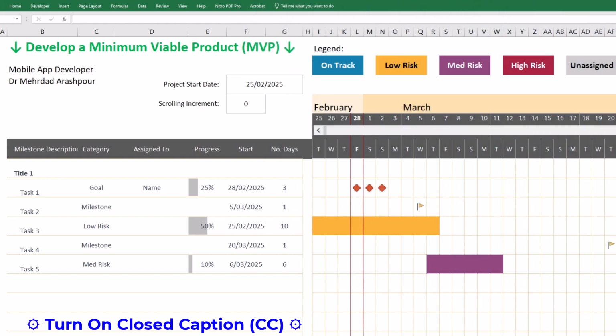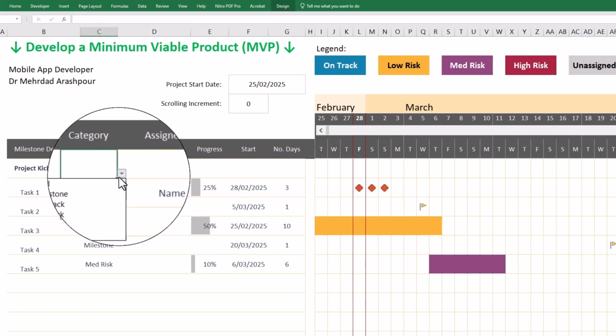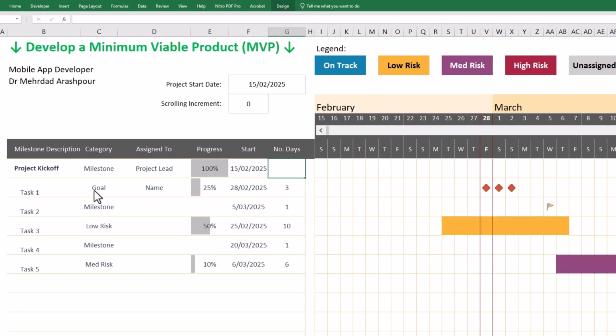Step 2 is defining project milestones, tasks and risk levels. Each row in the spreadsheet is a planned entry with important information regarding the project's progress, risks, and team responsibilities. The first entry of Project Kickoff is marked as a milestone and assigned to the project lead. This has achieved 100% progress with the starting date of 15th of Feb. Although the duration is shown as 1 day to have a presence on the project timeline, note its overlap with